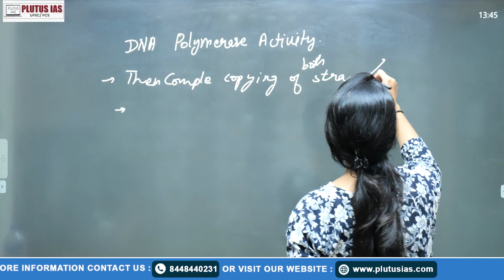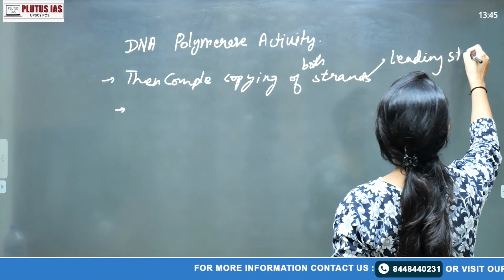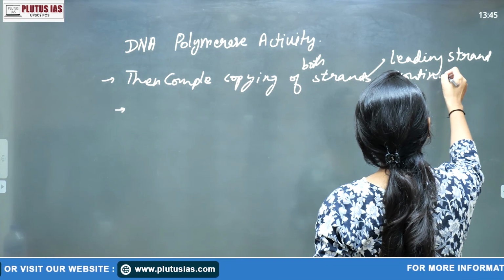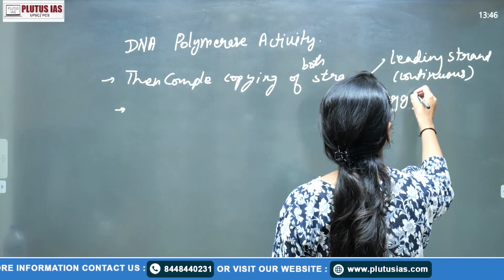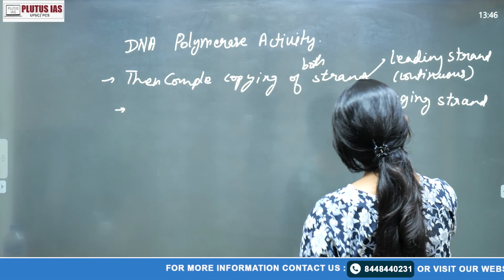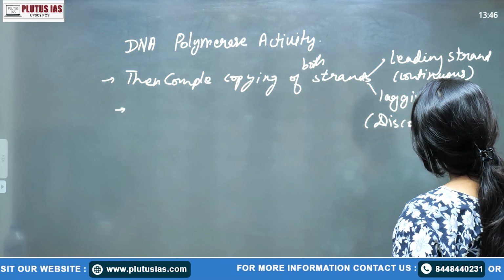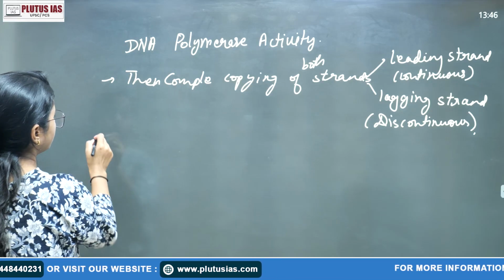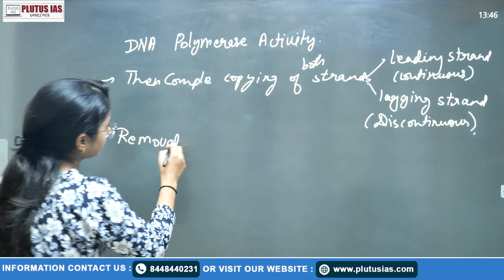So both strands are your leading strand, in which the copy is continuous, okay. Then lagging strand, the copying in which is discontinuous, okay. Then your next step is the removal of RNA primer,